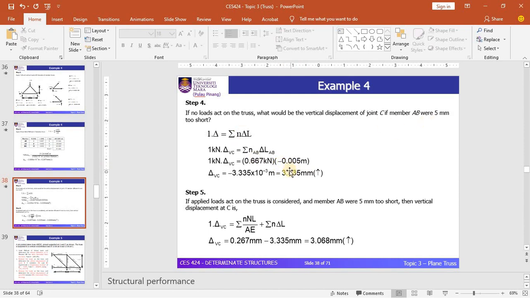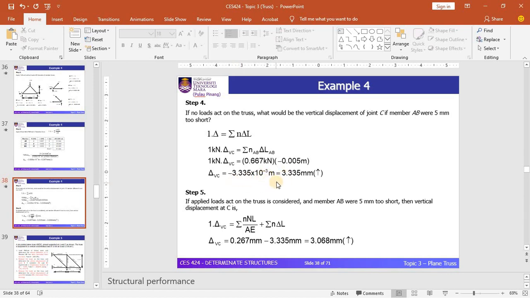If the member is stretching along, you need to put a positive sign. So the negative is for the shortening member, and for the stretching member, you need to put a positive sign. I hope that you can notice these things when you use this particular equation. Okay, so simplify this, you can see that the displacement at the joint C is equal to negative 3.335 times